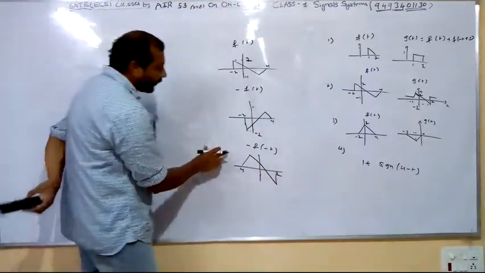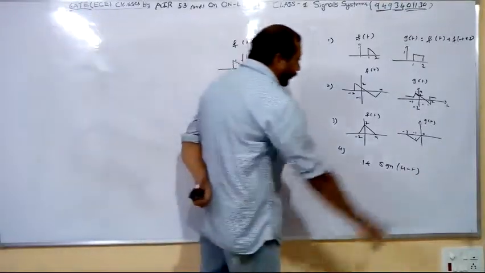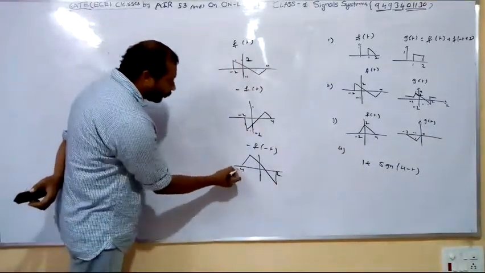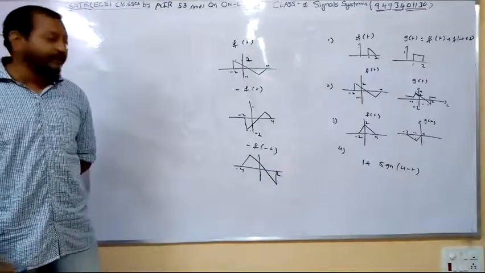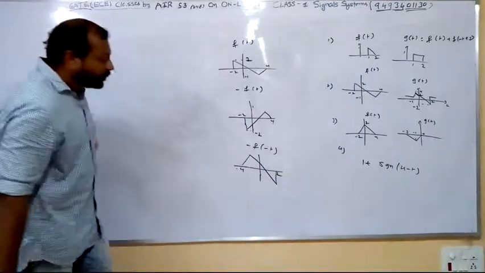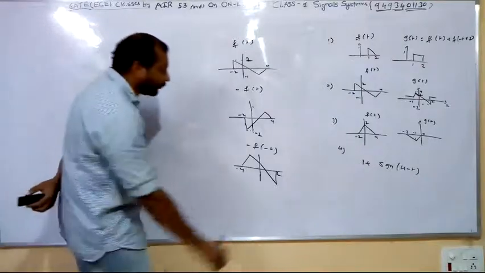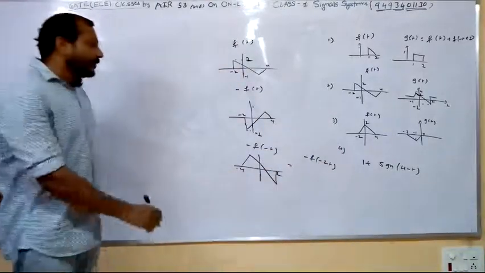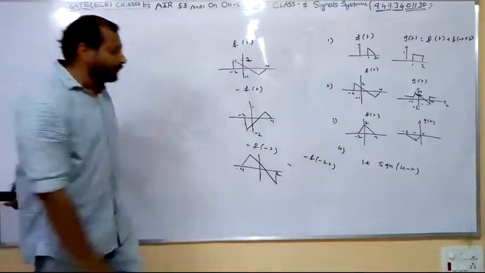The corresponding value in f of minus t. Now this width is from minus 1 to 2. Here the width is 2 minus of minus 1, that is 3. Here the width is 2 minus of minus 4, the width is 6. So you have to compress the signal, that is, simply make this width 6 into 3. We have to divide 6 by 2. The corresponding signal is equal to 2, so we have to write this f of minus 2t. Then the width, which is 6 here, will become 2. So simply the signal